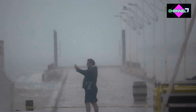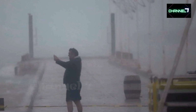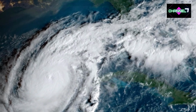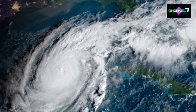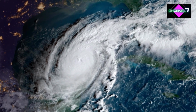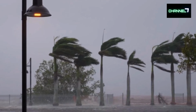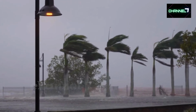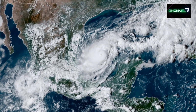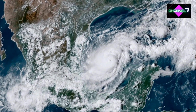Rapid intensification record. Milton grew very strong, very fast Monday, in what meteorologists call rapid intensification, which is a dramatic rise in wind speed and a huge drop in barometric pressure in a short amount of time. The phenomenon, which appears to be more common with hurricanes in the Gulf of Mexico in recent years, is typically defined to be a tropical cyclone,